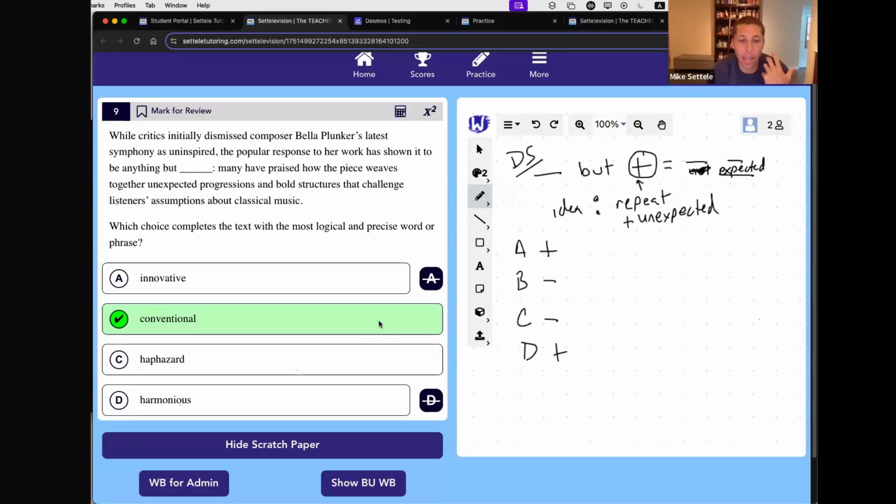Haphazard means something like chaotic. So it's almost like the opposite of what we want. It's still negative, but if something's haphazard, it's happening without rhyme or reason. It's just jumping all over the place. So chaotic, for sure, can maybe be a trap because it's what we maybe think they're trying to say. And if we know we still want a negative, we kind of see the trap and also ignore the trap at the same time.